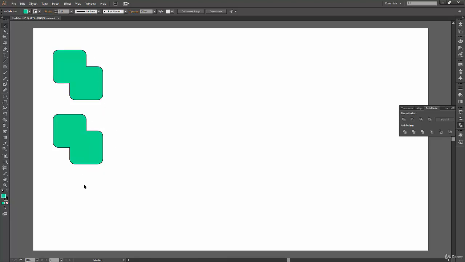It's again a unite operation that has been applied on these shapes, and everything looks the same. But when I click on this, you can see that there are some kind of lines going on over here, which is not present in this shape. So what is this actually? Let us double click on this, and we will explore it.